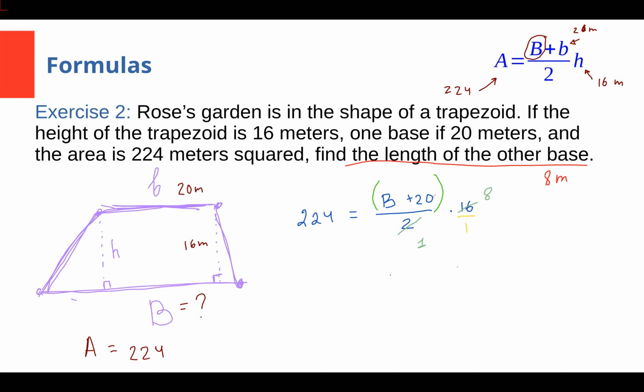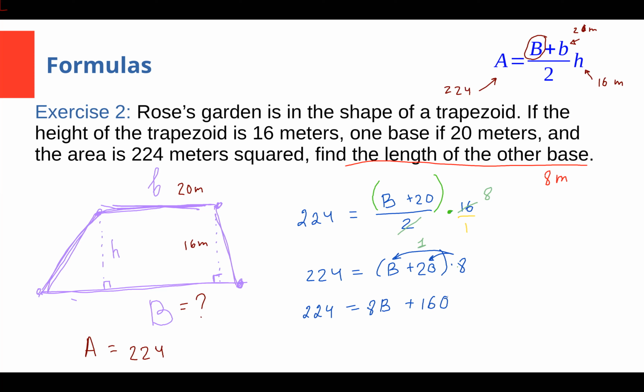No, this multiplication is for the entire fraction, right? So if anything here cancels, the number here multiplies this entire expression. So let me copy it over. 224 is equal to B plus 20 and then times 8. And then I need to use that distributive property rule, right? So I'm getting 224 equals 8B plus